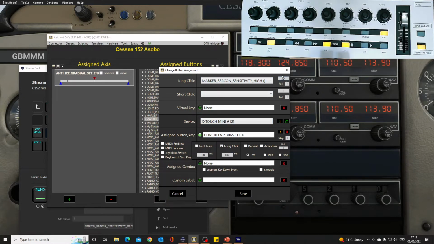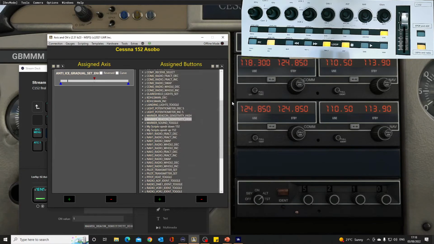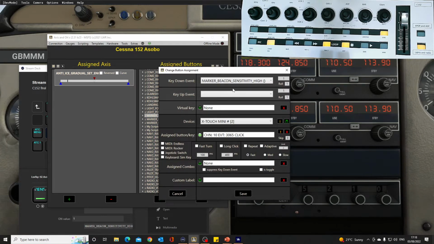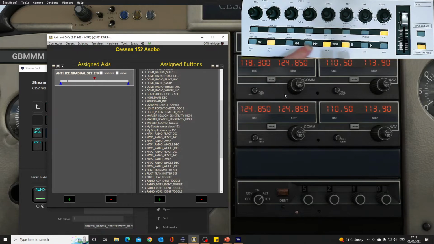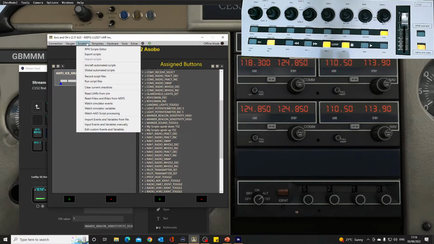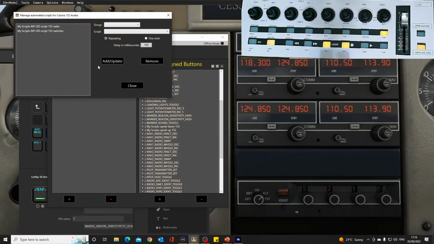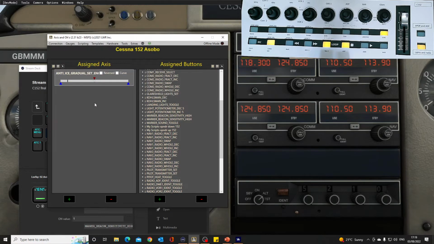So I've got that as a 0 for the off one, and this will be a 1 for the on. So I can send different values depending if it's a long click or not. So that's okay. That's what I've allocated there. So again, I've got lights that come on to say which ones are active there. So that's again an automated script, an aircraft automated script for the radio, and it's pretty much the same as